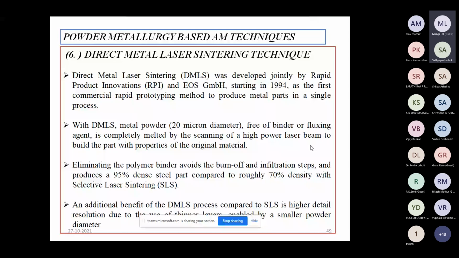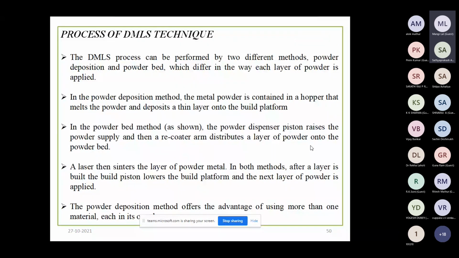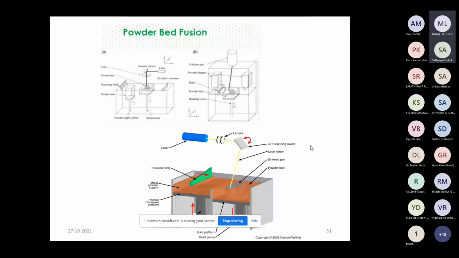The basic principle of direct metal laser sintering is common with selective laser sintering, but there are two methods which we will discuss. Powder bed fusion: in both methods we use the powder form of metal.